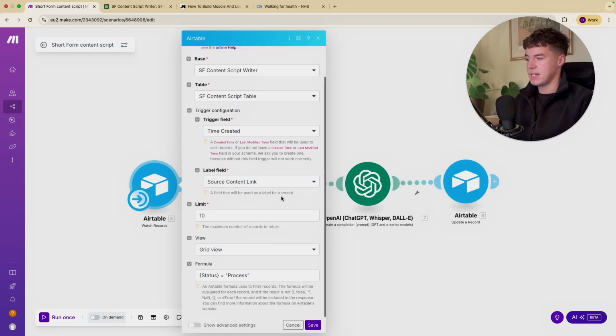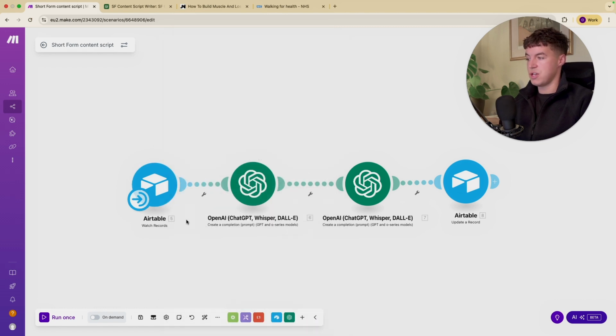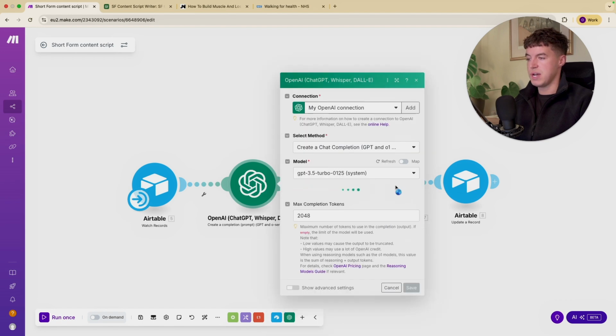So basically, when new records come in and the status equals process, like we set just now, then it knows that it needs to take action on those rows or those records. So once we press run once, it sees all of the rows that have process in the title. It will then take those links or the content within those links through to ChatGPT, and this first module simply